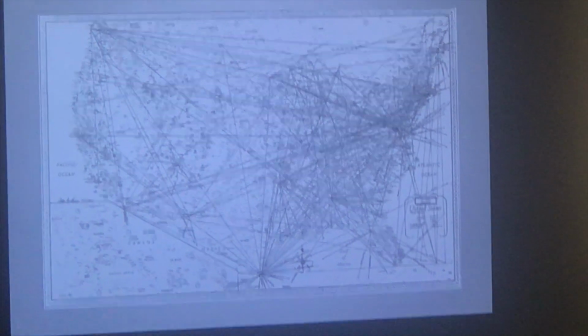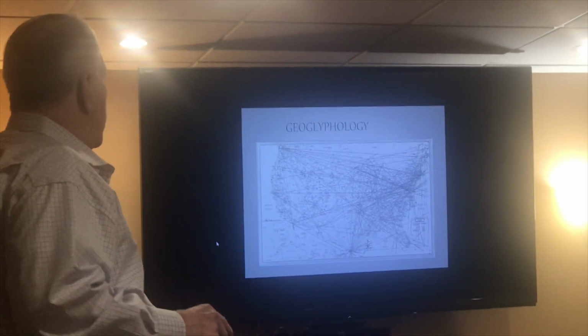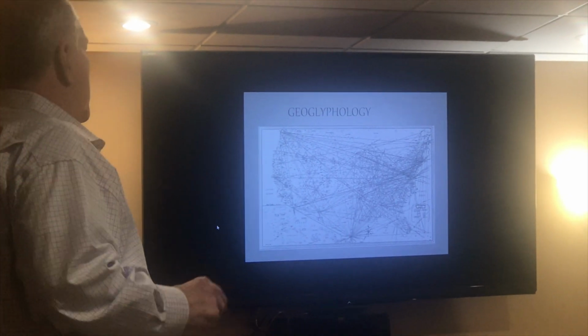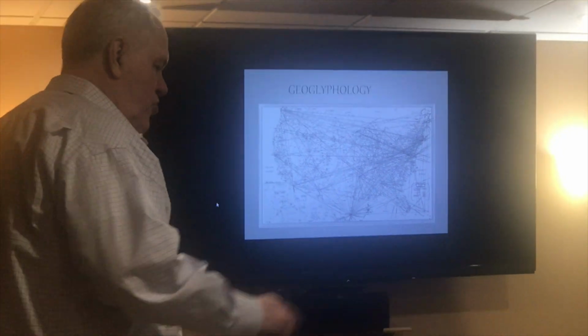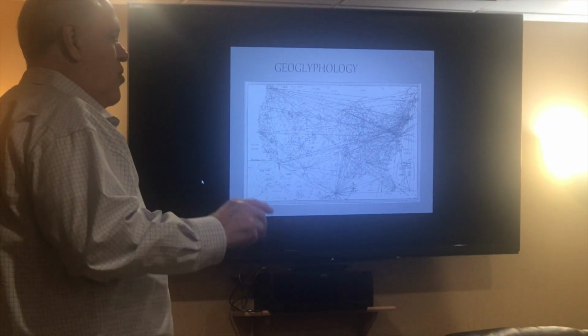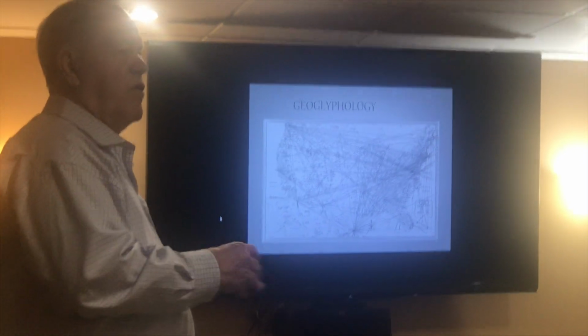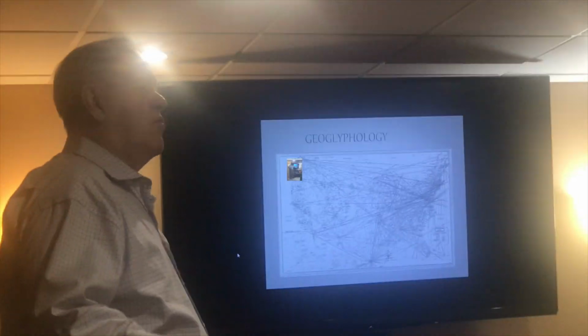Drawing lines. There's a lot of people. In fact, Larry here is working on a geoglyph for the Giza pyramid. But I started checking out these geoglyphs to see if there was any pattern. And after a couple of years, I learned that they all had a protocol. So it meant that they were all put there for...